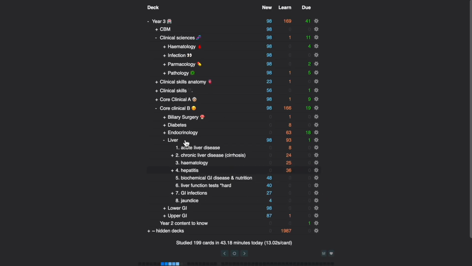So for instance, this week I need to have done all of my liver topic, which within it has loads of different conditions, from acute liver failure to hepatitis. Today I've managed to add no new Anki cards and just do repeats. But I have a completely free day tomorrow, so I'm going to spend significantly longer adding in new cards. This just means that you can really tailor Anki to suit you and suit what you have on, but also